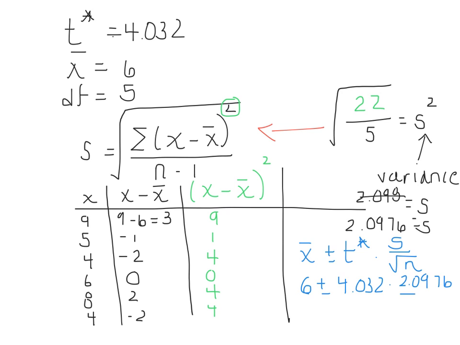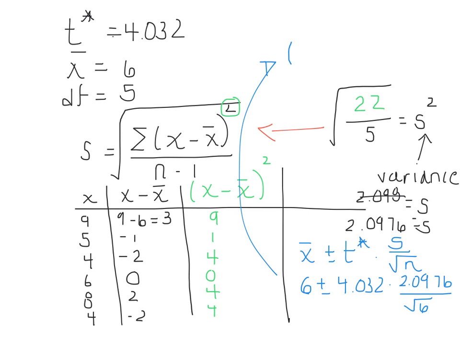And that needs to be divided by the square root of n. N is the sample size, so we need to divide that by the square root of 6. So if I take 6 minus 4.032 times 2.0976 divided by the square root of 6, I get the lower boundary of this 99% confidence interval, which is,